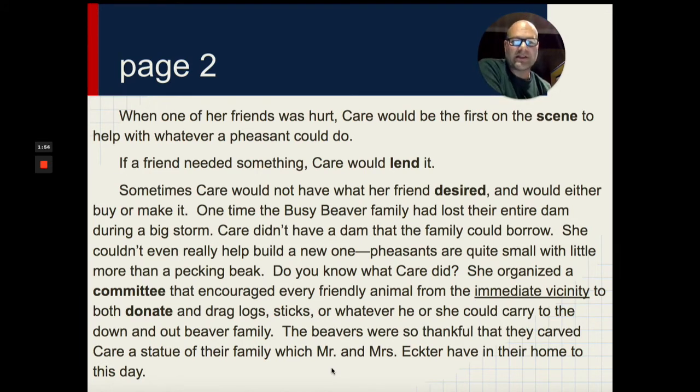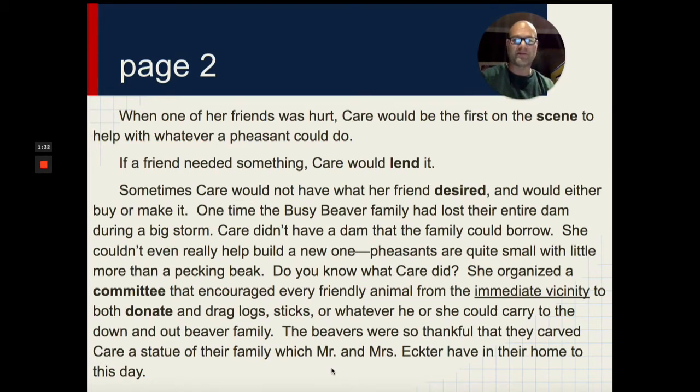Care didn't have a dam that the family could borrow. She couldn't even really help build a new one, for pheasants are quite small with little more than a pecking beak. Do you know what Care did? She organized a committee that encouraged every friendly animal from the immediate vicinity, that would be the area surrounding where